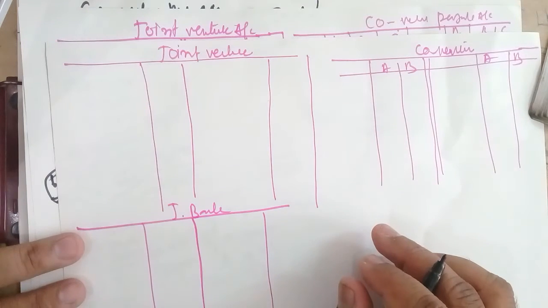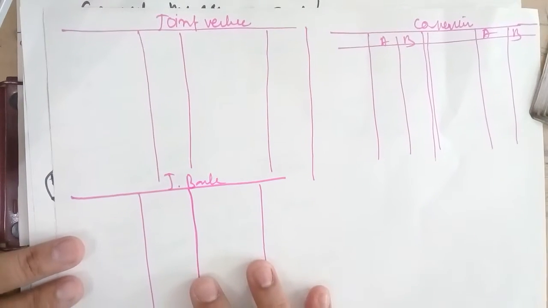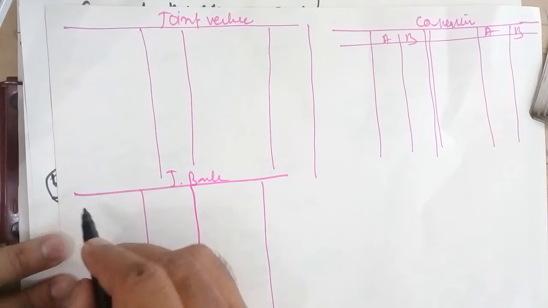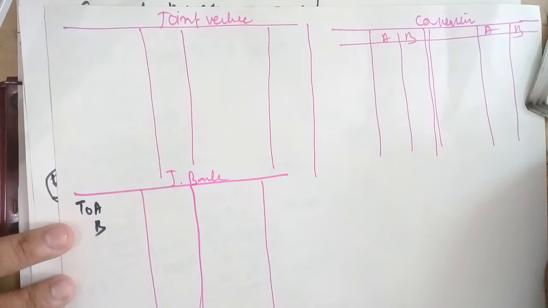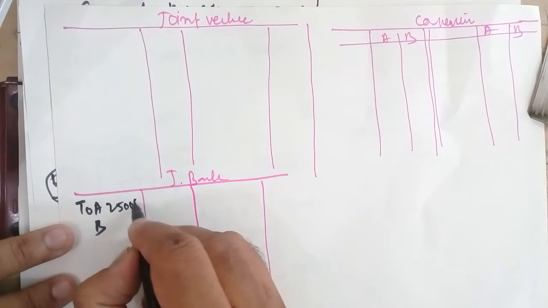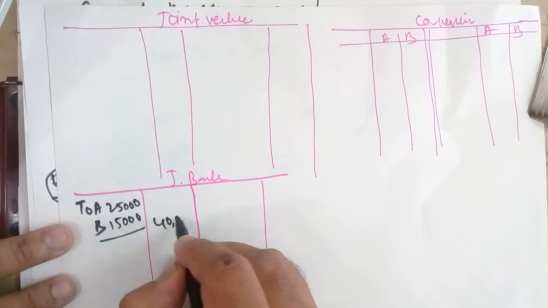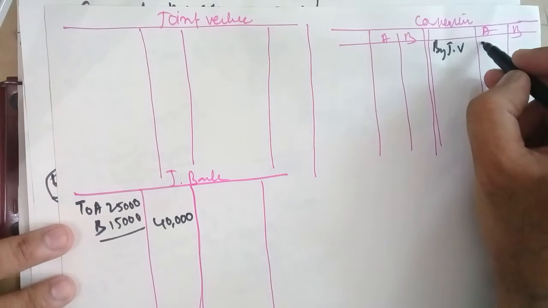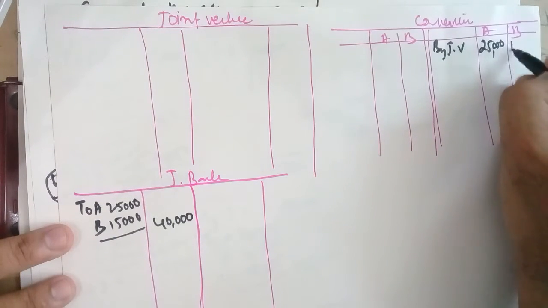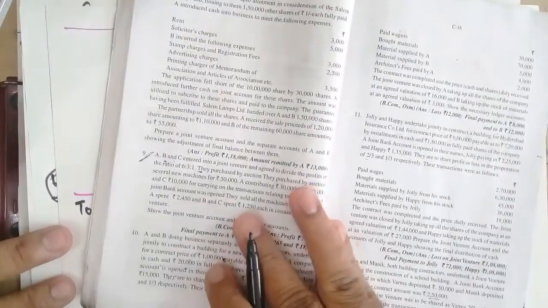As per the question, first of all, how much have they contributed? They have contributed a certain amount. So the entry would be joint bank account debit to co-venturers' personal accounts. In joint bank account, to A and B. A contributed 25,000 and B contributed 15,000. Collectively they have contributed 40,000, right? And in their personal accounts, by joint venture 25,000 and 15,000. Clear? Once that is done, we will further read the question.